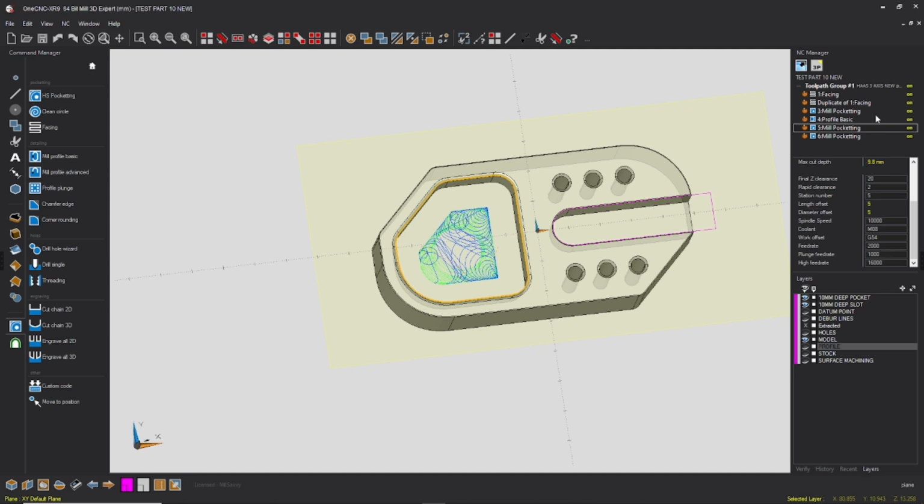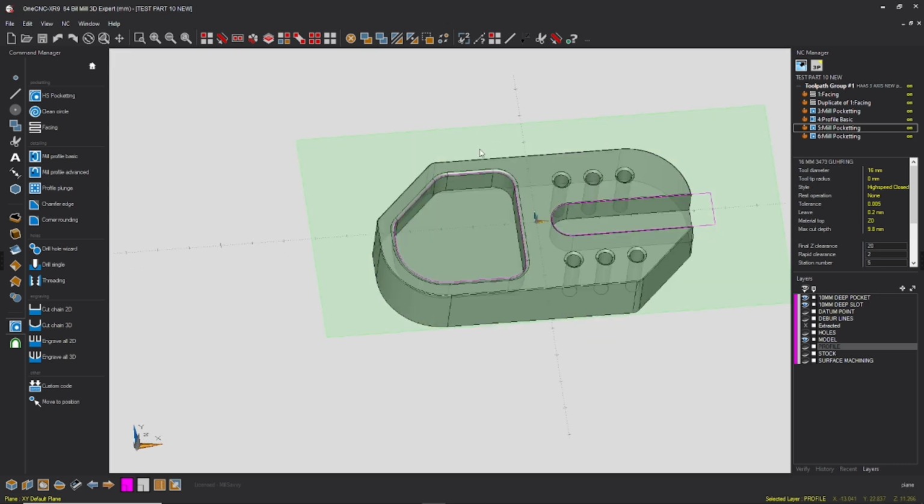And then same for this. Look, I always do a quick flick down here before I go posting anything out, just to make sure. And obviously, I'll watch the simulation really closely, make sure there's any changes that need to be made. So we've now roughed this, gone in there with the 8mm and just roughed out the extra bits. Now what I'm going to do is I'll just high speed pocket again,